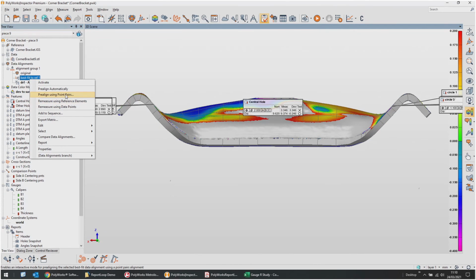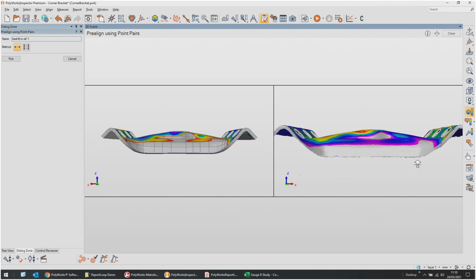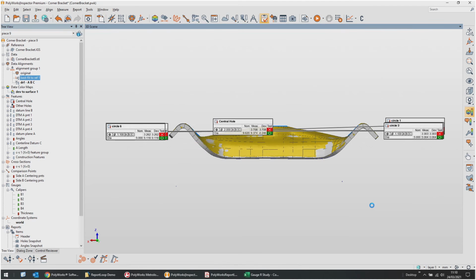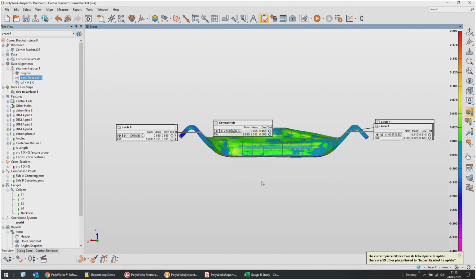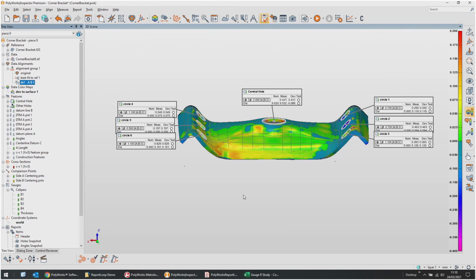So right click, pre-align using point pairs, spin that around, pick my single point, snaps the two together, updates the alignment, updates the measurements. I just need to reactivate my datum reference frame alignment, and everything is updated. So now if I save this,